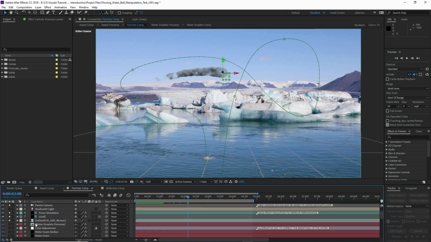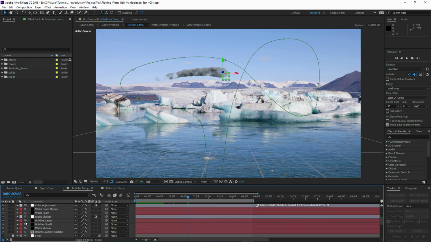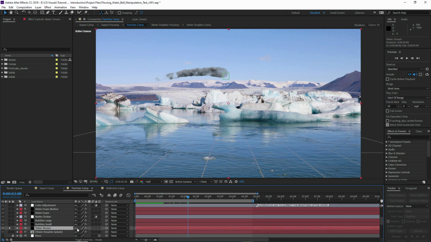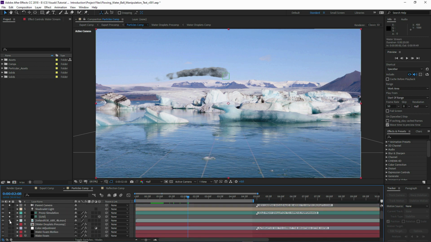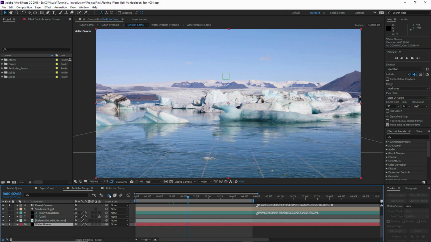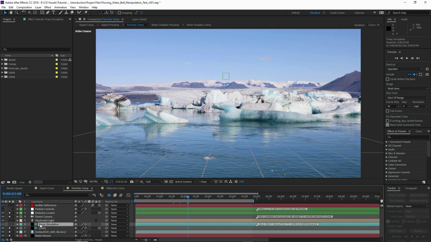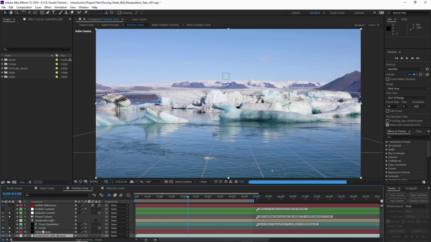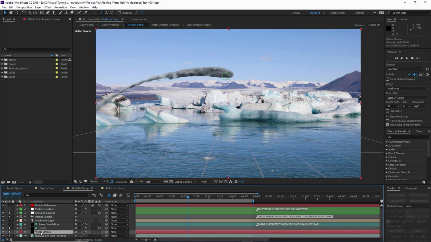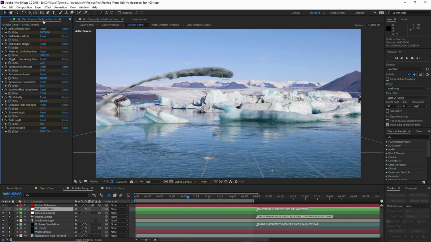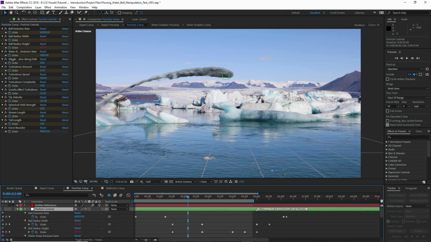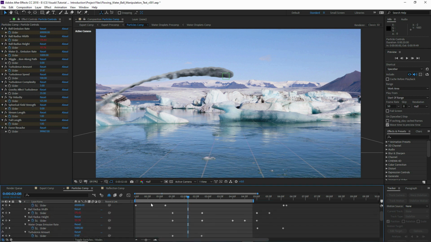So now we can have a look at what's going on here. If we enable this water stream here, and I'll make sure the background plate is behind that. So I've re-enabled the main sim in place of the proxy simulation, but I've just isolated it from all of the other effects. So we'll go into our particles comp